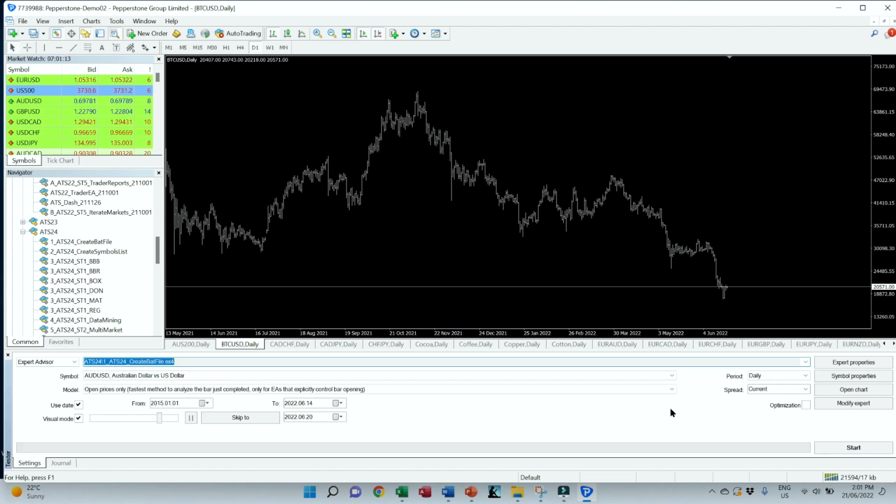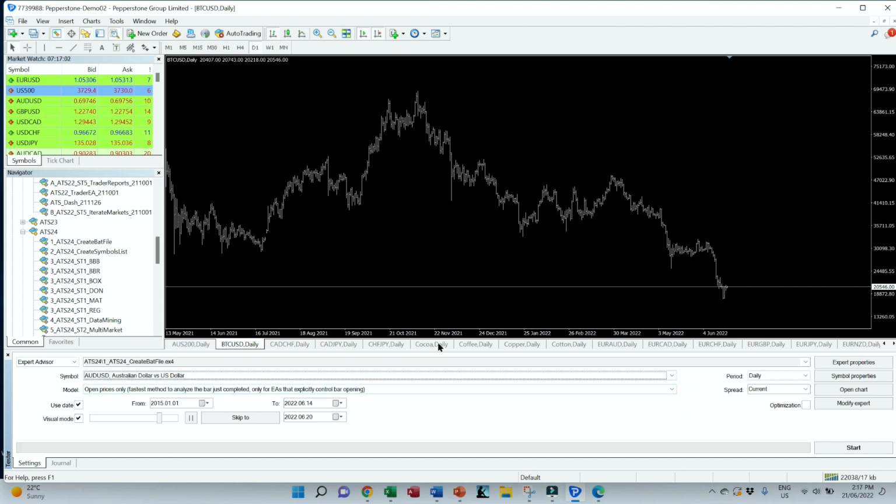Before we commence the stage 1 data mining process, we first need to configure the ranges of the parameter values we want to evaluate for each of our 6 trend following models. So, let's start with configuring the expert properties of our first trend following model, the Bollinger Band Breakout Model, or the BBB. To do this, the first thing we need to do is refer to the Strategy Tester module